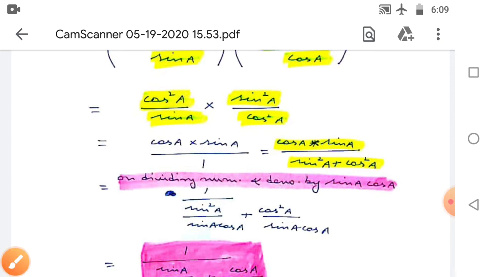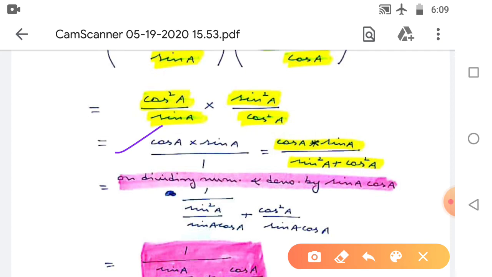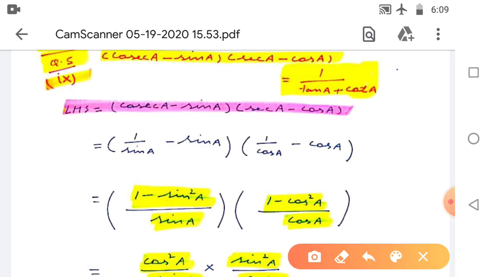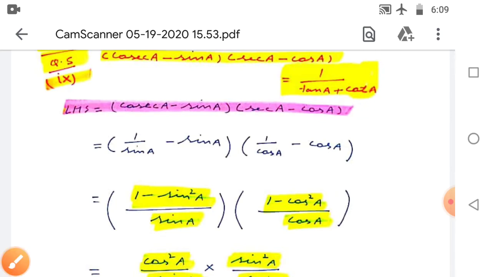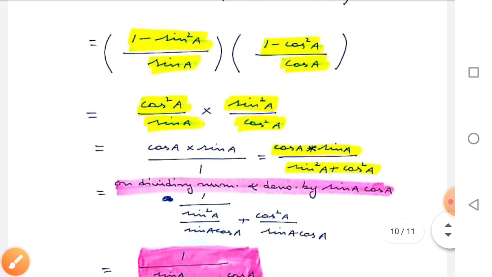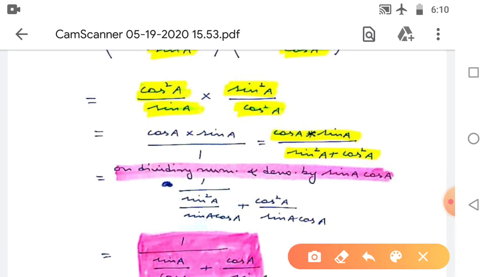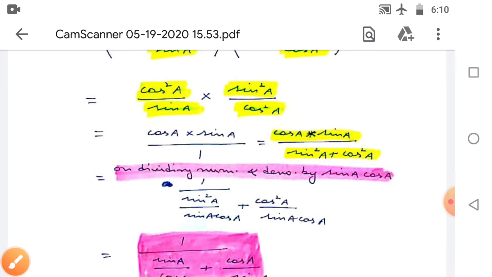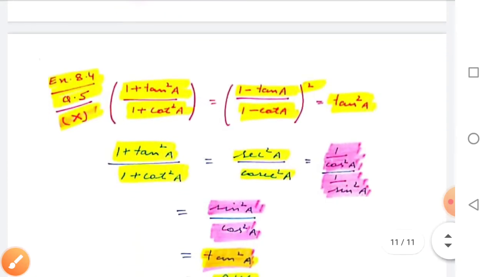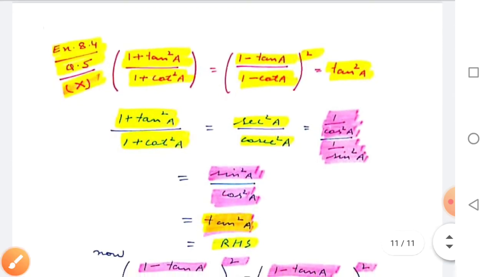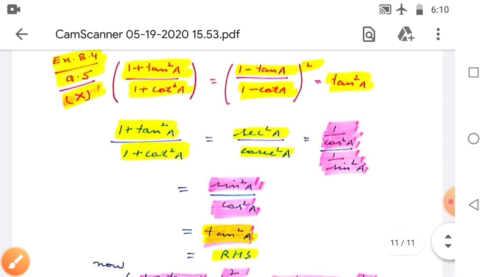In the next method, suppose you reached here with cos A sin A, then you can start with RHS also. Convert this RHS into basic terms, that is sin A and cos A, and then take the LCM. Then finally when you solve it, you will get sin A cos A. So in that way also you can solve this question. Or you can solve this way also, applying a little bit of trick here. Clear? Now come to the 10th part of this question number 5.